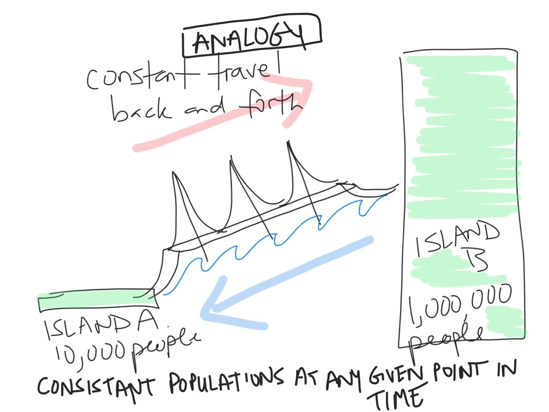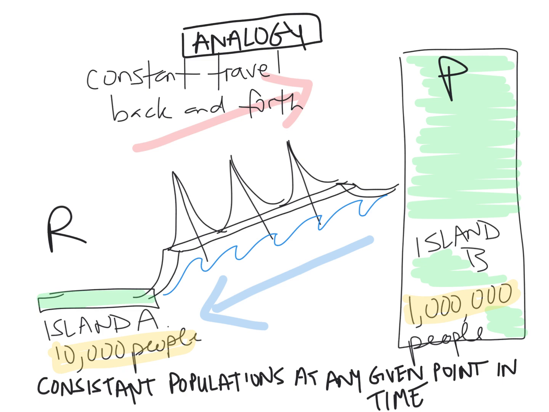Okay, if you're having a hard time understanding what's really going on for a system in chemical equilibrium, I like to use analogies to try and bring that to life. And the way I tend to think of it is I imagine the reactants and products like two islands. So imagine this is reactant island over here, and this is product island over here. And if we imagine that on reactant island we have 10,000 people that permanently live there, and on product island we have 1 million people that permanently live there,